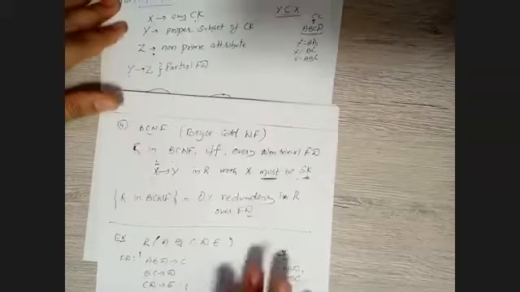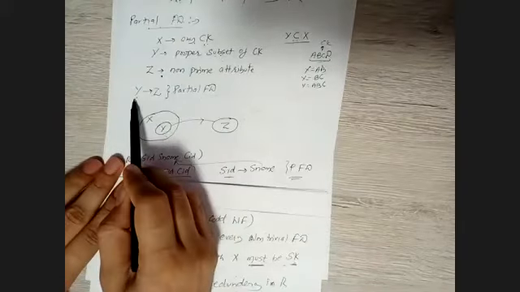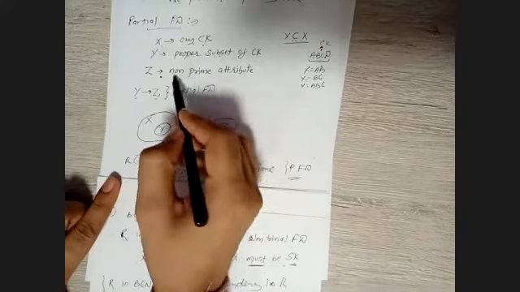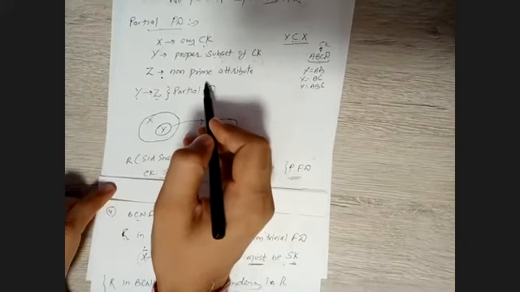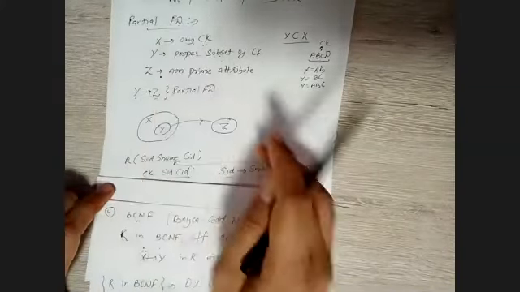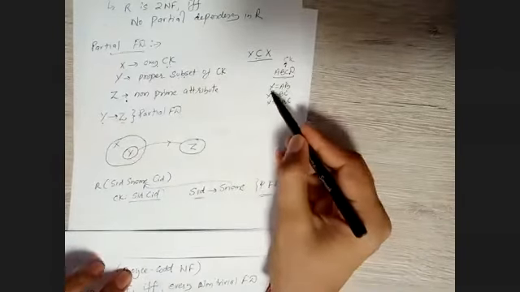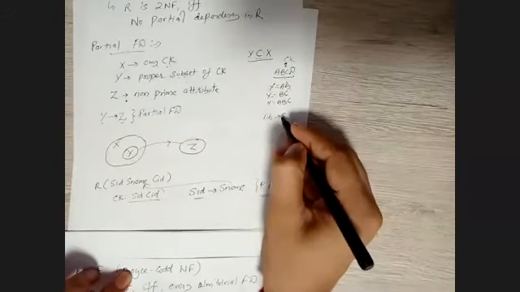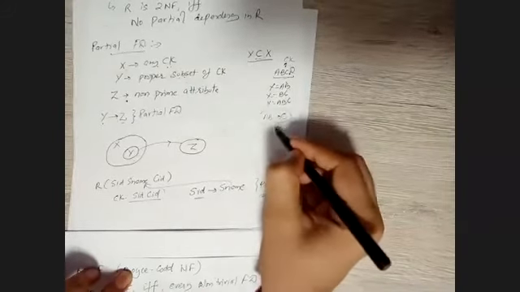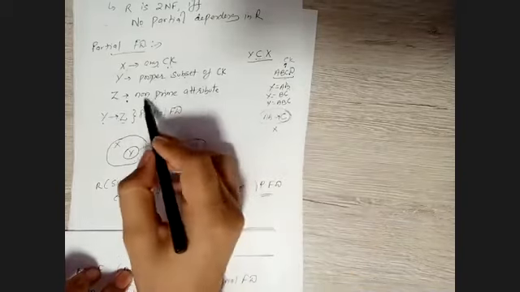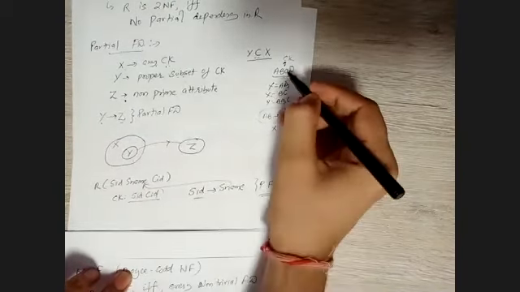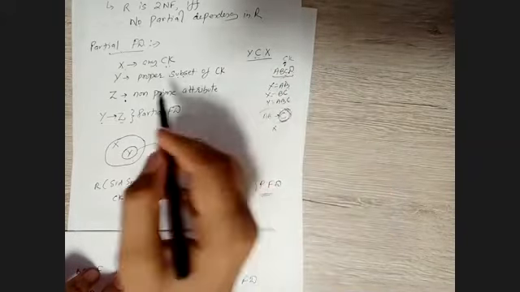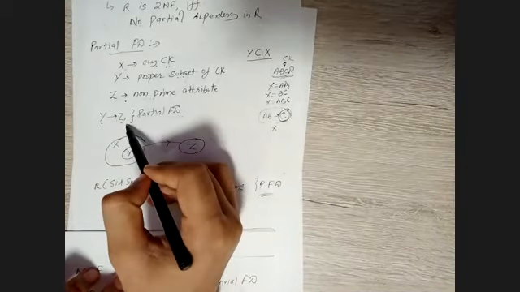The 2NF says this part Y should be a proper subset. That's fine, but understand this Z must be a non-prime attribute. Only then is this a partial functional dependency, right? Here in this question, if Y is AB, for example, and AB is determining, let's say C, then this is not a partial functional dependency. Why? C is not a non-prime attribute. C is a prime attribute. I said ABCD is the candidate key. This Z must be a non-prime attribute in this scenario, right?